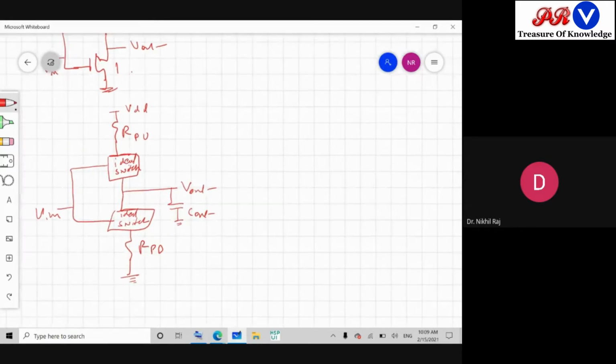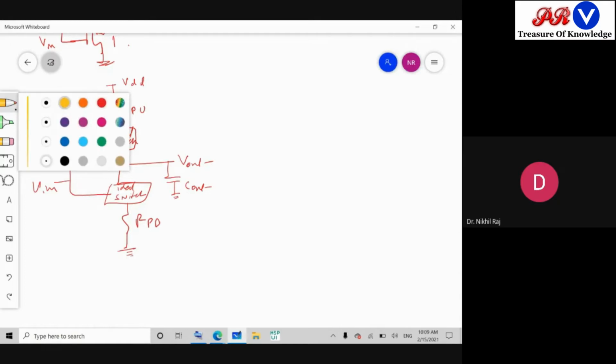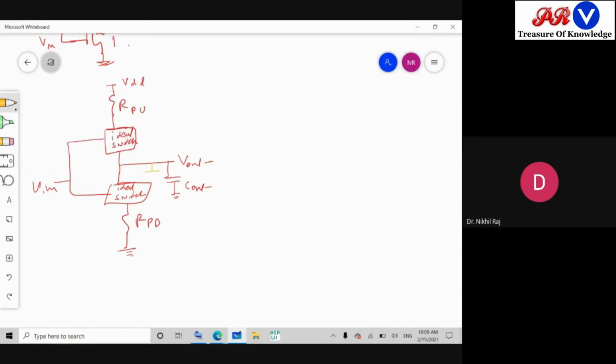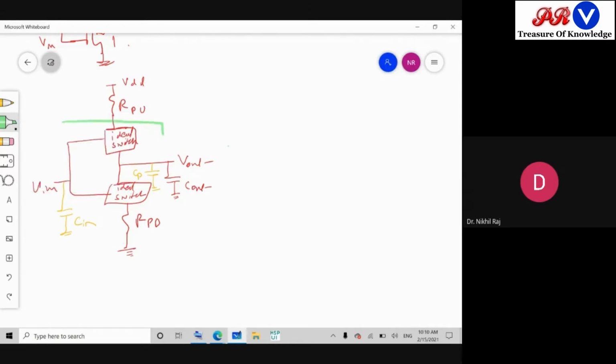So this can be an elaborated diagram of this one. Now comes where the other two parasitic capacitances will be. I will make an equivalent like here: CP is there, and at this place, from this to this node, Cin will be formed. So if I cover this inverter like this one, this to